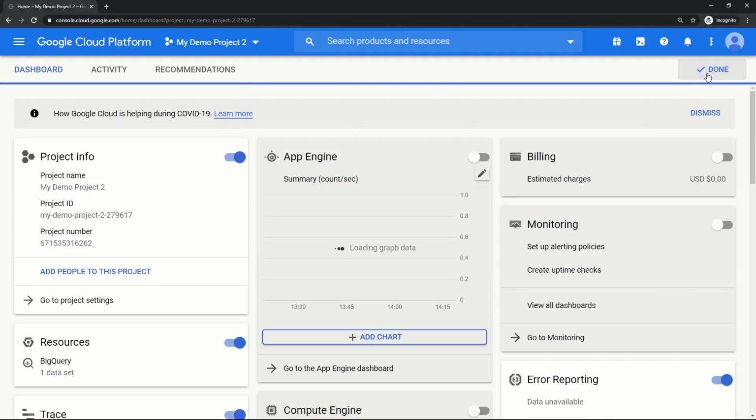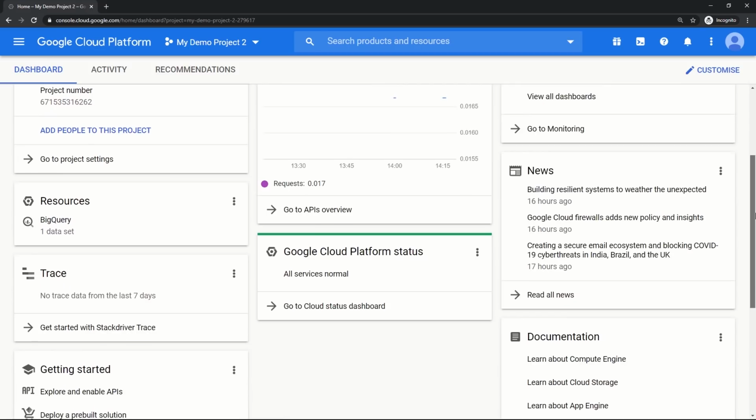or you can go to the customization if you want to hide or unhide multiple cards at one time, like this, or I want to enable this card. So it doesn't mean that once you hide the card you will not be able to. You just need to go to customize and you can enable it again. Once you click done, your dashboard look and feel is changed.